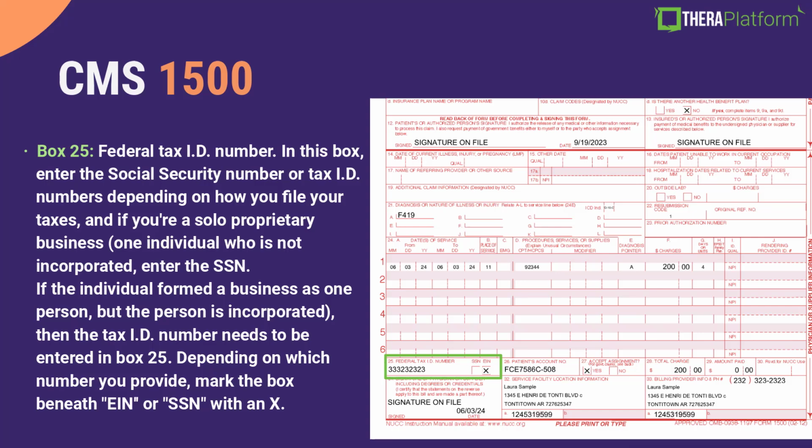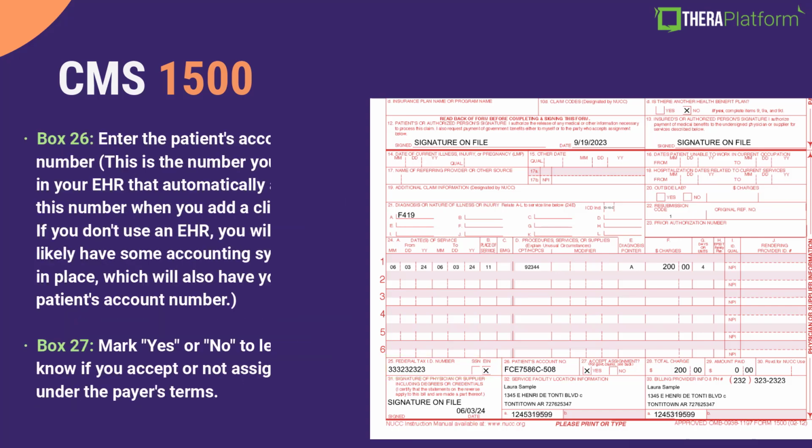However, if you are an individual who formed a business as one person, but you are incorporated, then enter the tax ID number here. Depending on which number you provide, mark the box beneath EIN or Social Security SSN with an X.